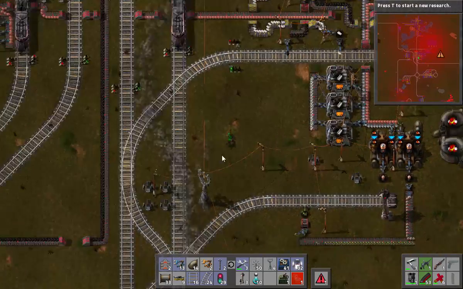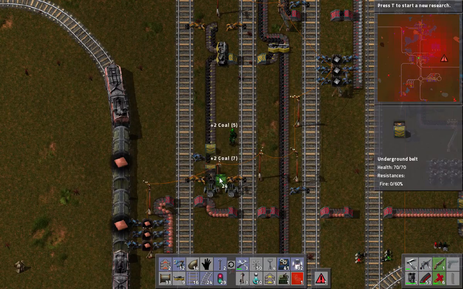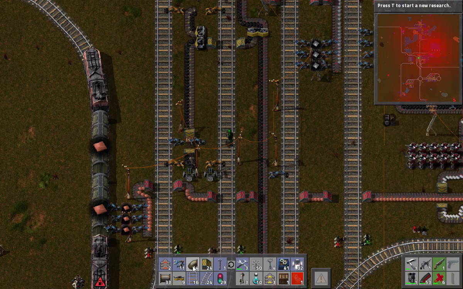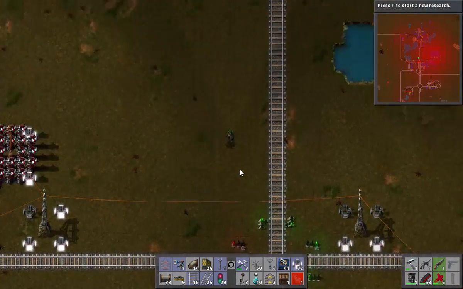And then we need steel and advanced circuits. Yes, advanced circuits. I had to make space for that though, since the coal line was running right there where I needed them. I don't actually need tons of these things. So, well, yeah. I ran out of